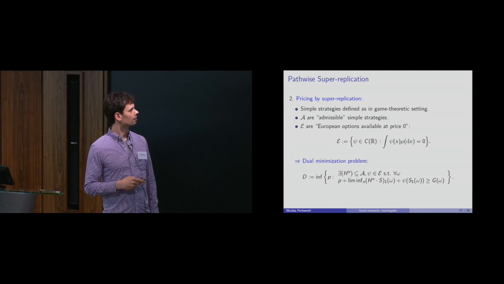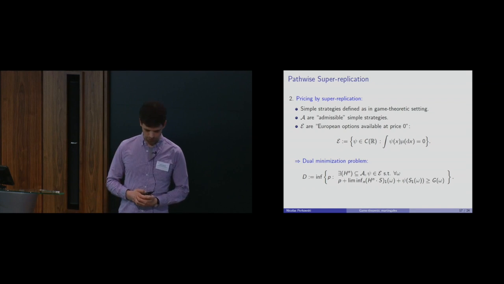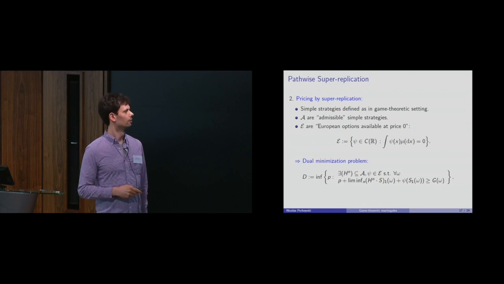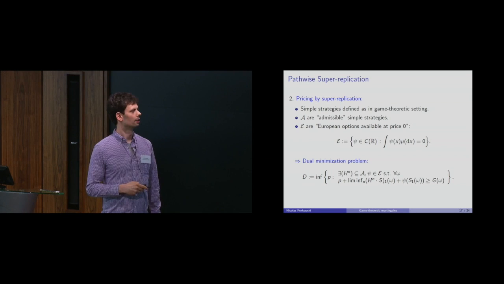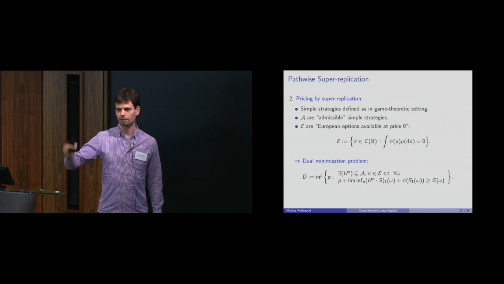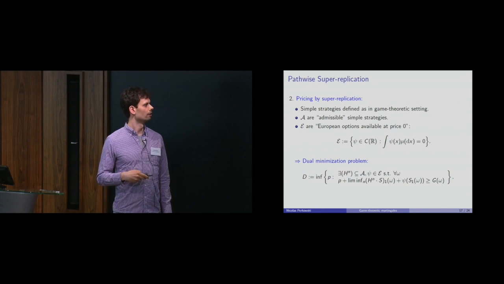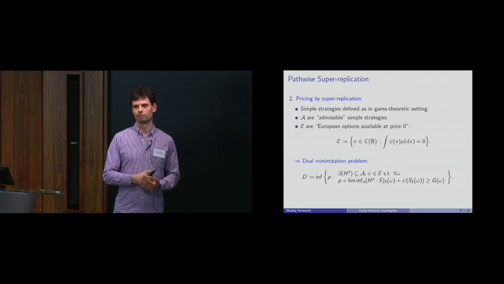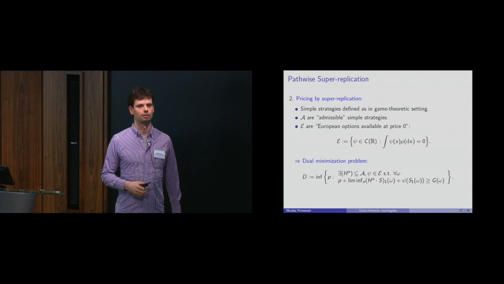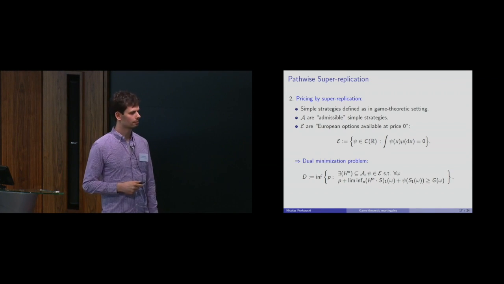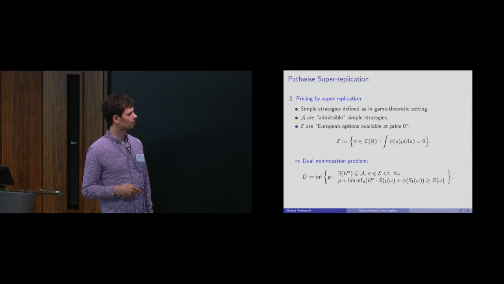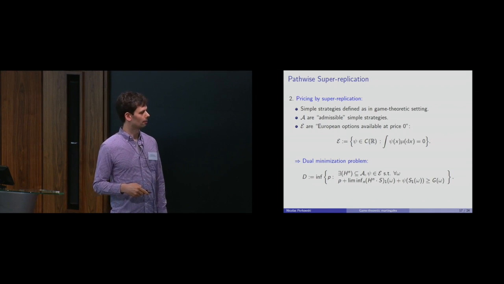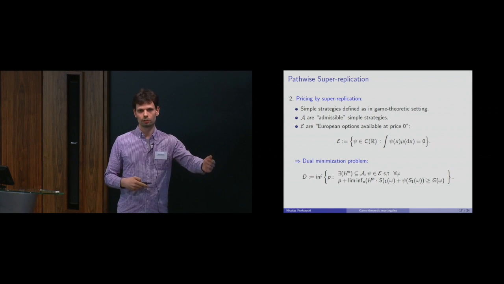And then we have a set E, which are the European prices which are available for free. So we take continuous functions which integrate to 0 under this pricing measure at the terminal time. So this means if you have a derivative that pays psi of S1, then you can get this for free. And then the dual problem is to find the minimum superhedging price where you do dynamic trading along such a sequence of strategies again.